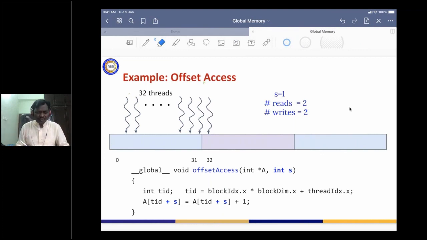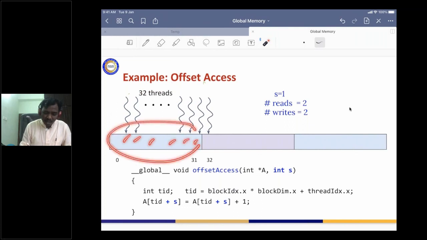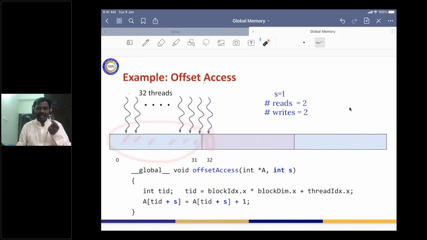Then what we are essentially trying to understand is whether all these threads are going to read from the same block or multiple blocks. All these threads want to read some data from this block, and this thread wants to read from this block. Rather than accessing single elements, all these accesses together we call a single chunk of memory and read together.